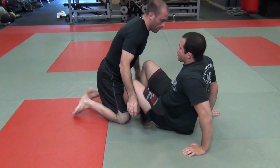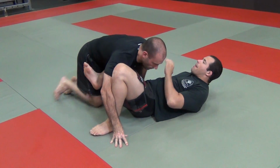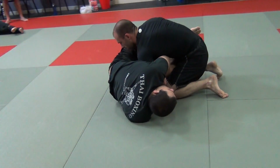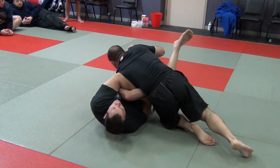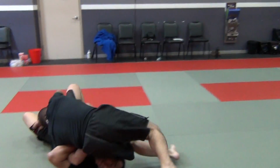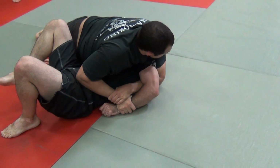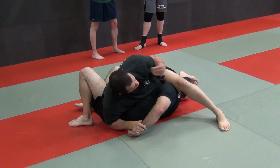What if the same situation happens here, but he's passing and my leg is not in there, so maybe he's doing some kind of pass here where he's moving to the side and I see an opening there. Immediately, I'm going to take care of that arm and trap it here. As he continues to try to clear this guard, I'm going to punch that arm straight into this hip, project with a bridge, and roll under. Boom, okay? Now, in this situation, I will go straight to the opposite side and try to finish, because I'm already in side control. So, throw the leg over